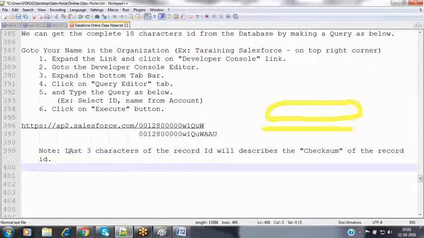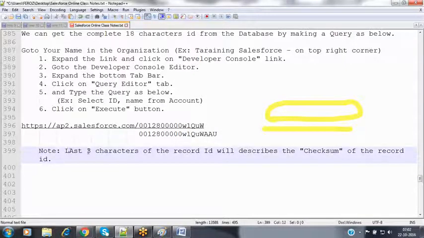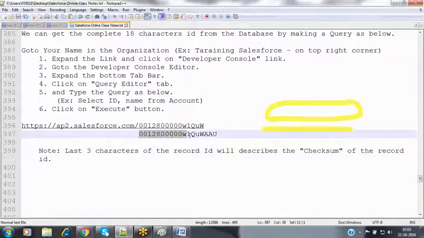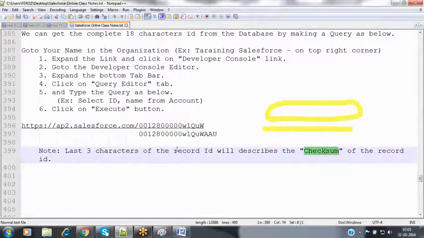Coming to the interview point of view, this is also one of the questions. The last 3 characters will not be visible in the URL, so how can we fix that? We need to get the complete 18-character ID by making a query to the database with the help of the query editor, so that we can execute that query, fetch that information, and see it. The last 3 characters describe the checksum of that record ID.